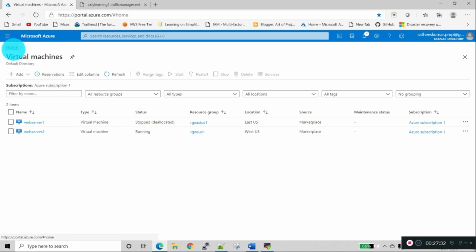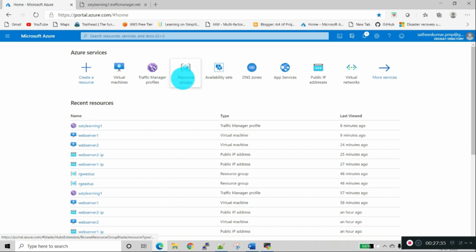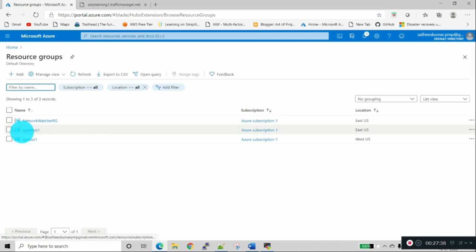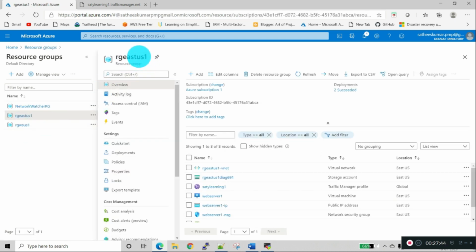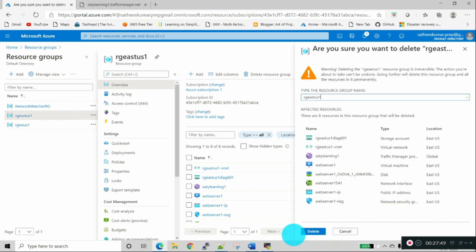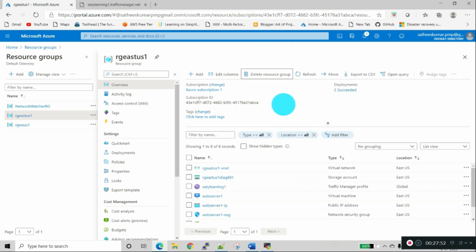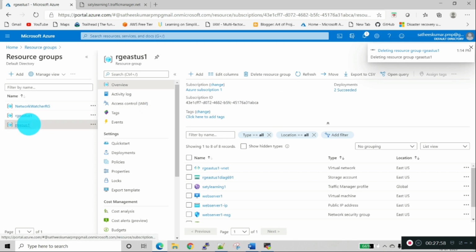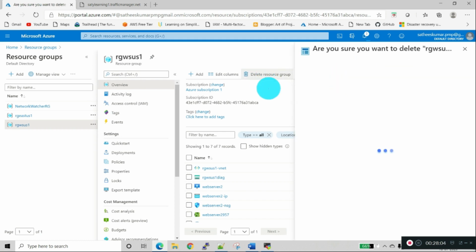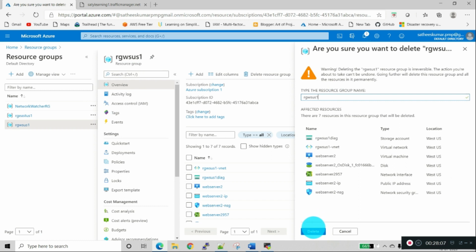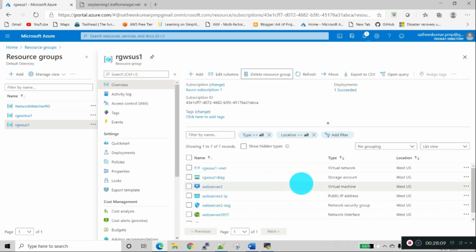Another important point is don't forget to go to the resource group and delete all the resources, because we are using a free trial. If you are not deleting all the resources which we used, then we need to pay Azure actually. This is the one place where we can go and delete all the resources belonging to the resource group. So I am deleting both the resource groups. Otherwise, every month end a payment will be raised by Azure and we need to pay actually. Otherwise the subscription will be removed.